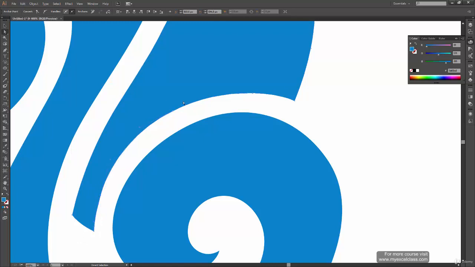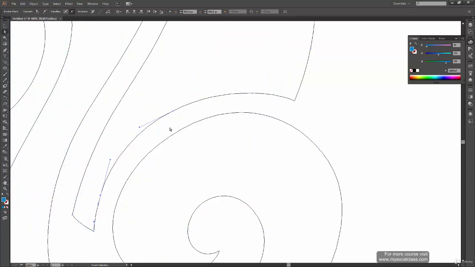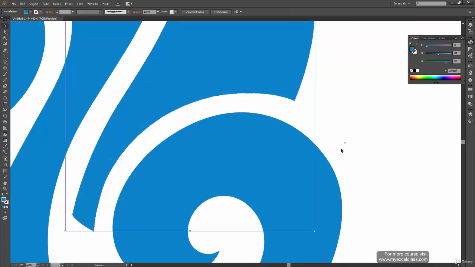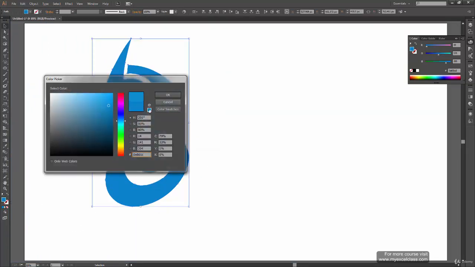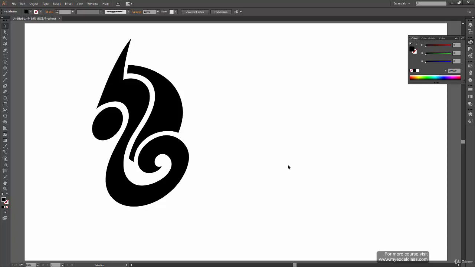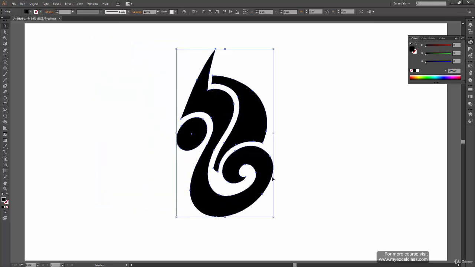Now again, this might be a problem, seeing the blue over the blue, because all the anchor points and everything is in blue color and the fill is also blue. So we can go to our outline mode so that we have better visibility. When we are done, we can come back to preview mode and press Ctrl 0 to look at our final design. You can even fill it with black, that will look even better. And finally press Ctrl G to group it to have one single design.